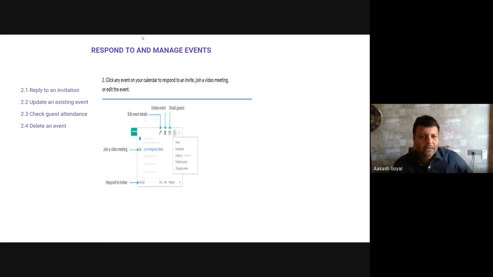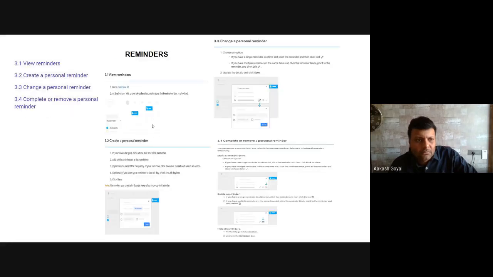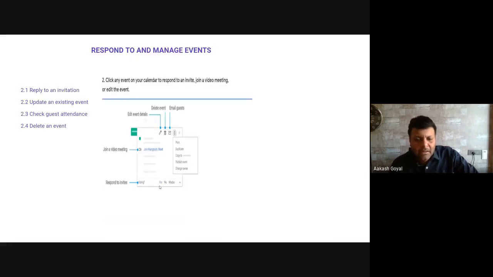Now, if you got an invite, and I think most of you have got an invite, and you haven't responded yes to the invite, can you all please open your Google Calendar. You'll see the calendar asks "Going?" Then there are three options: yes, no, maybe. This is basically to bring to the information of the organizer how many people are coming.